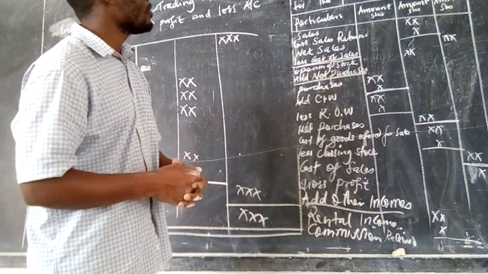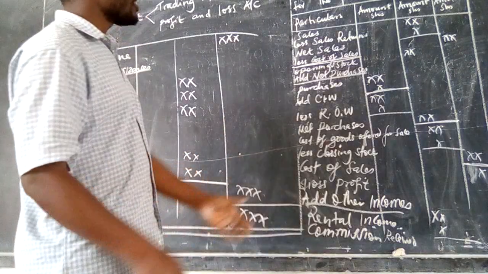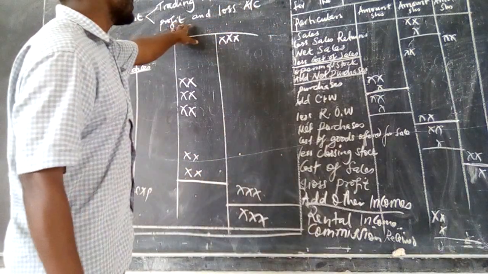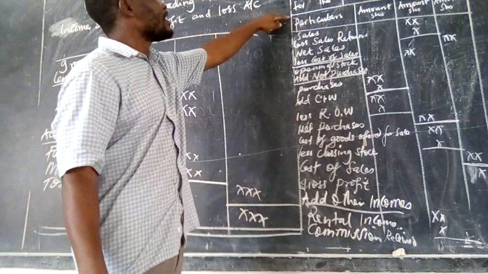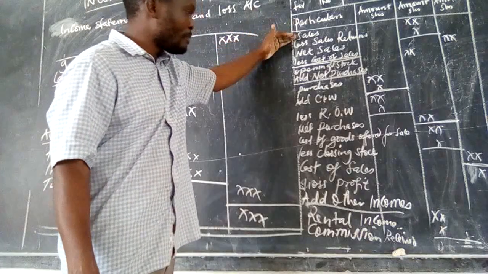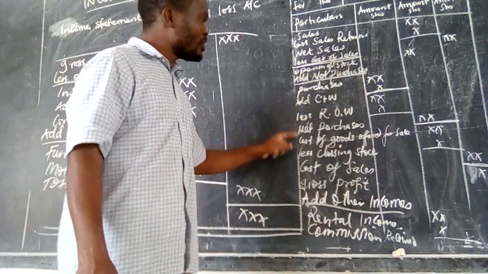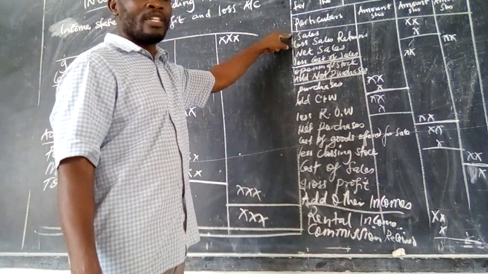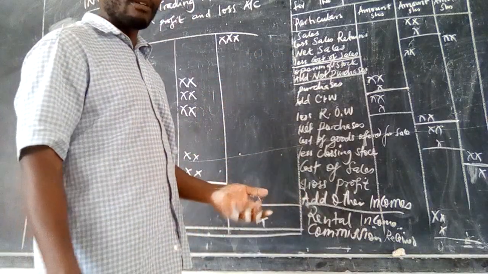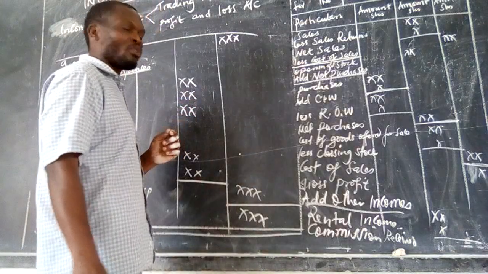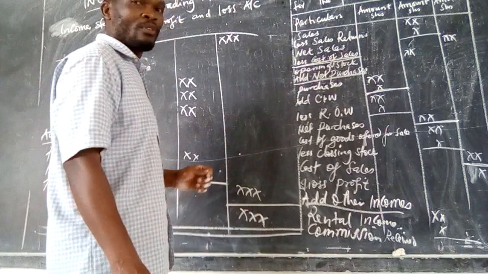Basically, this is an introduction or a simple brief illustration of the income statement. It's a combination of the trading account and the profit and loss account. The trading account starts from the time goods are bought to the time when they are sold. Then you get the difference, which is the gross profit. After getting the gross profit, then you can add other incomes. That is where you start to generate the net profit of the business.